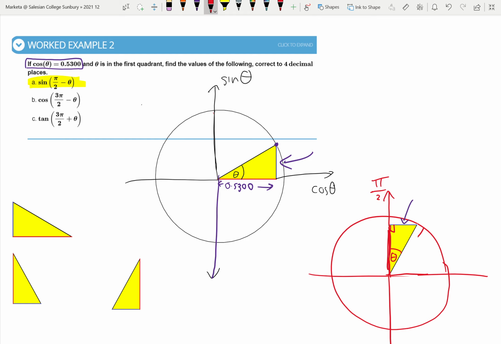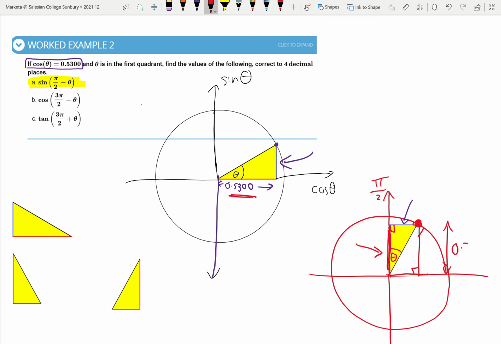It says the sine of pi on 2 minus theta. So we're talking about this point here. And if we were making a triangle as part of the butterfly, it would be this triangle. So the angle would be in here, but we're not looking at that angle. So this point here, we have to look at the y value of that. And we can see that the y value is represented by that red line. So here, this line here represents the y value of that point. And we can see that that is